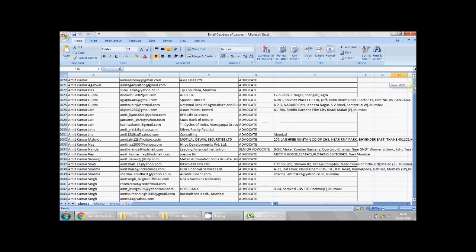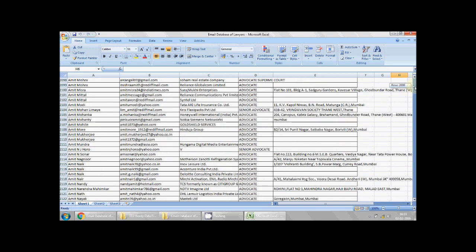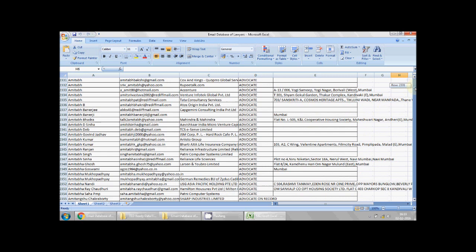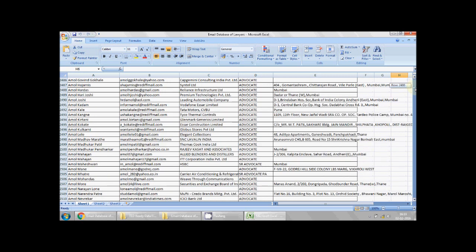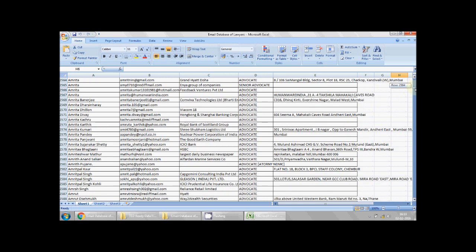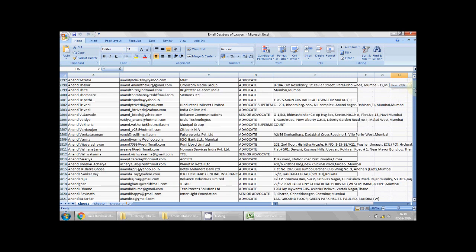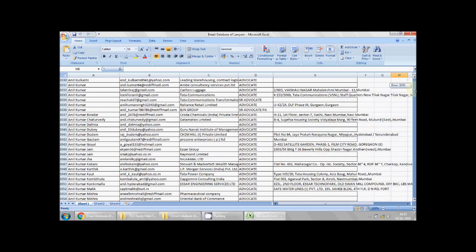If you are trying to promote something through them, the direct consumer of your product or service might be the client of that particular lawyer. So you can promote products like investment products or real estate products through the lawyers, and for direct consumption, you can promote anything related to law.